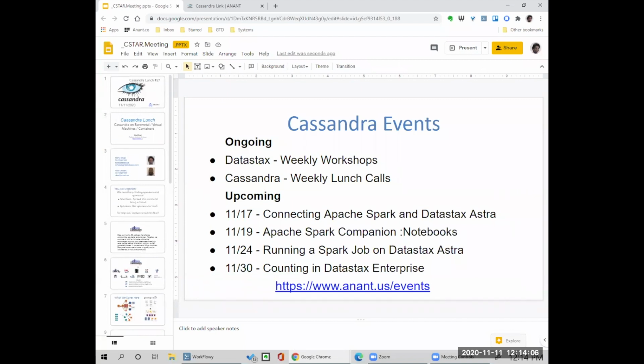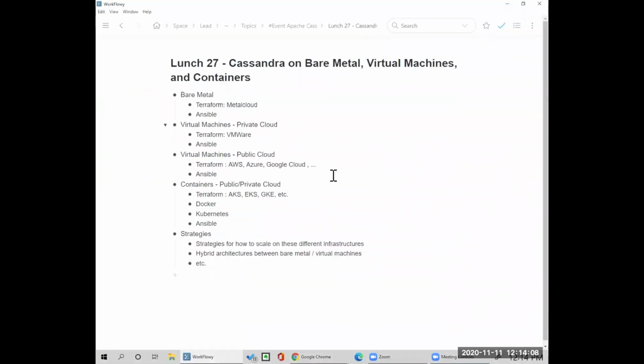All right, so let's get right to it. There's a lot of different ways to deploy Cassandra, namely because there's a lot of different hardware out there.